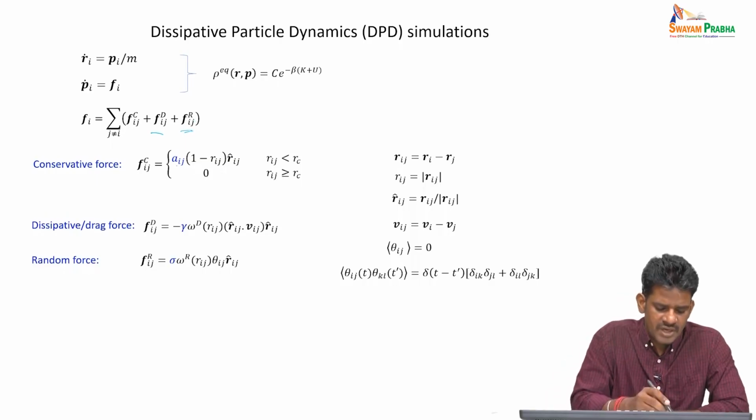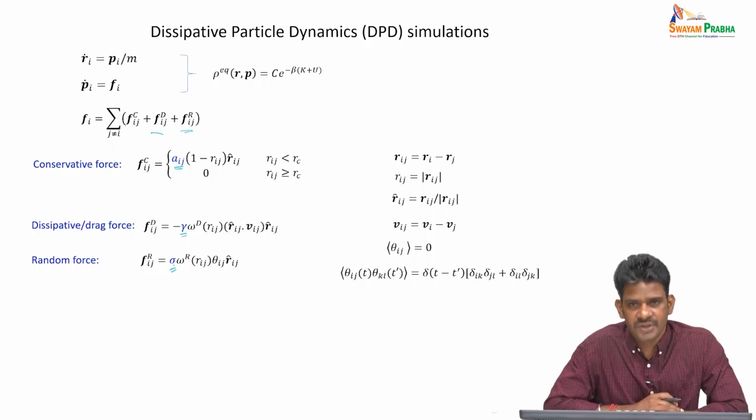And we also talked about how to design various potential parameters of DPD simulations. We also discussed the limitations of DPD in terms of incorrect dynamics with regard to mass diffusivity. So we have to keep in mind the limitations of each of these coarse-grained methods, because when we apply them, we have to be aware of this, so that the property that we calculate should not be affected by